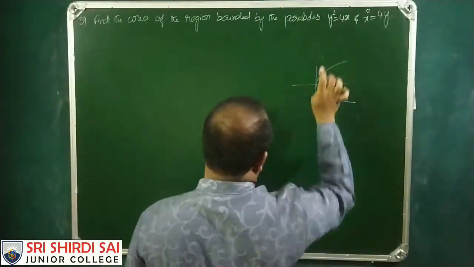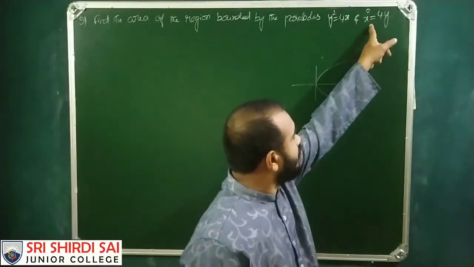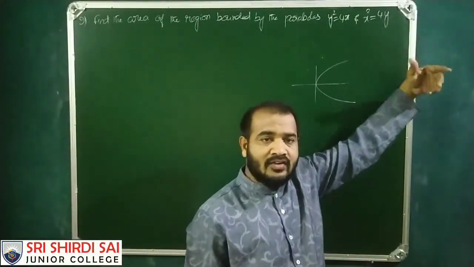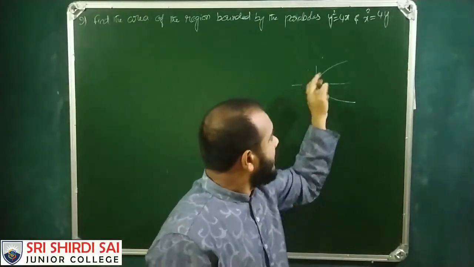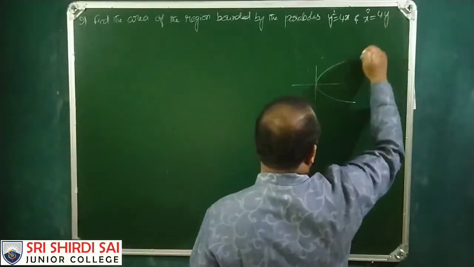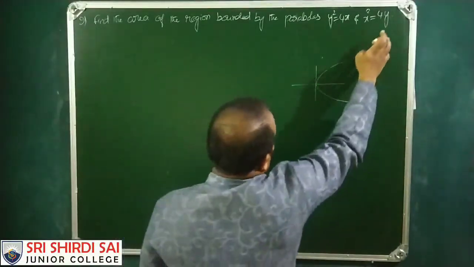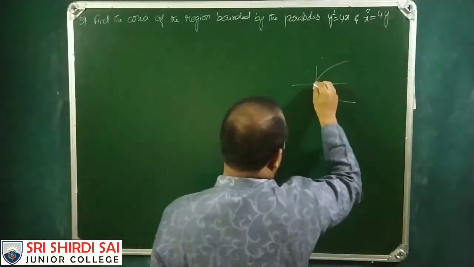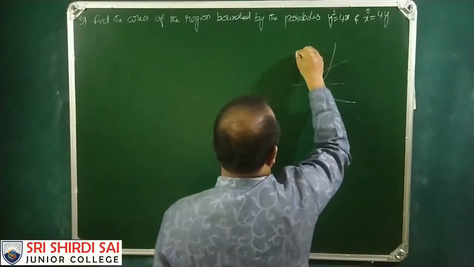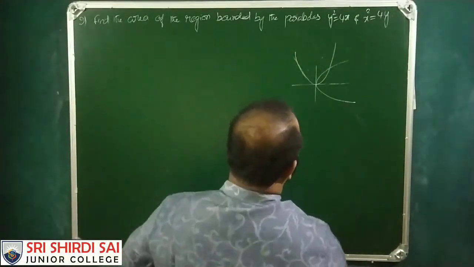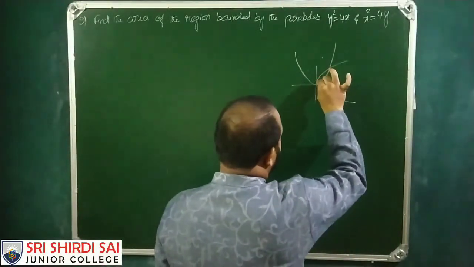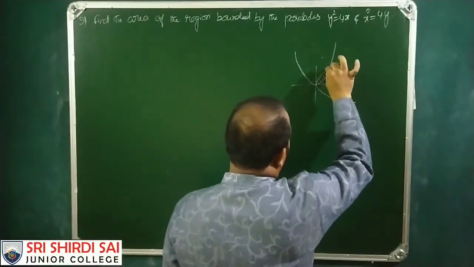What is this? Y square equals 4x, its vertex is at the origin 0 0. X square equals 4y, its vertex is also at the origin. X power even, so symmetric about the y axis. Which y axis? Positive y axis, upward or downward? Y has a positive sign, therefore it is an upward parabola. So clearly we can see that this is the area of the region and these